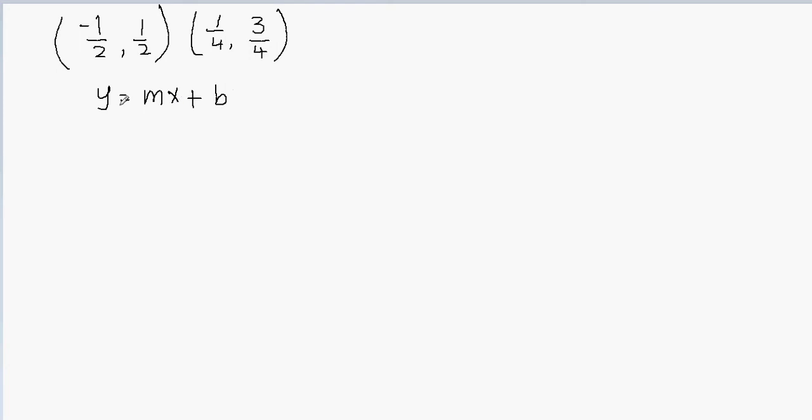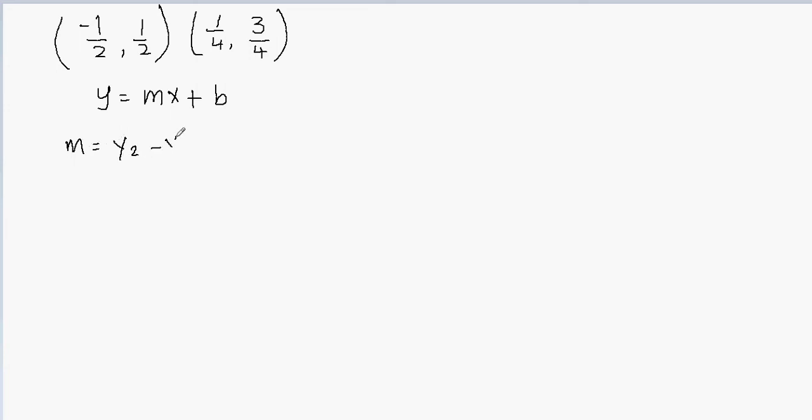We'll still need x and y, because you don't see any linear equation without x and y. Now there are a couple of ways to find the slope of the equation. You can graph these points and find the slope. But since we have fractions involved in the question, we can't graph these points exactly, because whenever you have fractions or decimal values, you don't get the exact graph. So it's easier to find the slope of a line with this formula, which is m